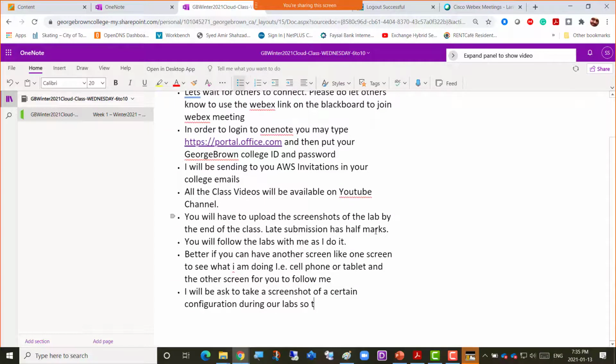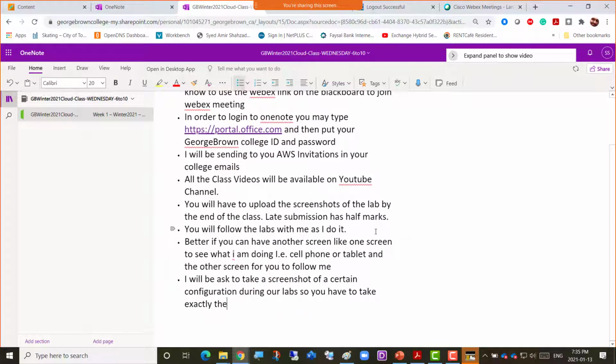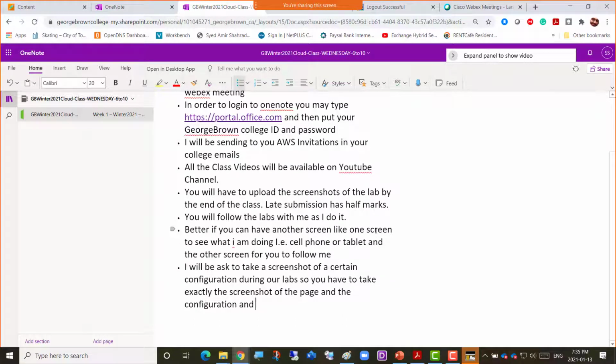So you have to take exactly the screenshot of the page and the configuration, right? And name it, and at the end of the class, just upload it, right? So this is how it's going to be.